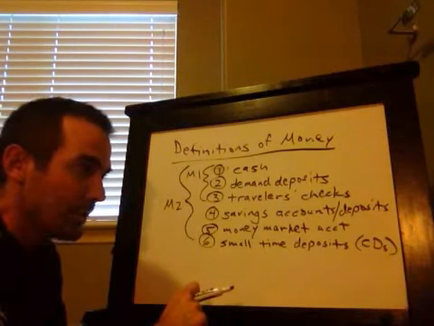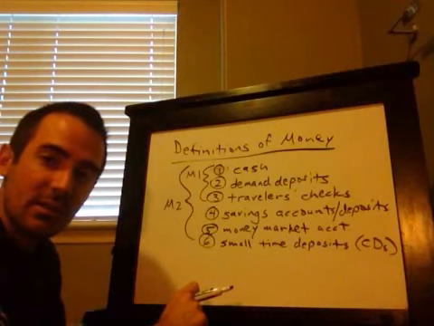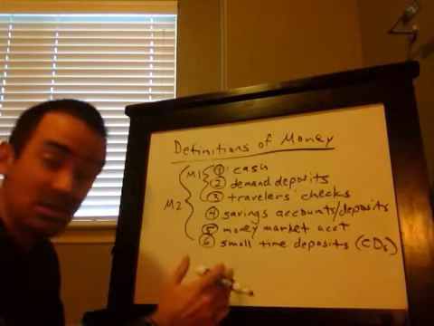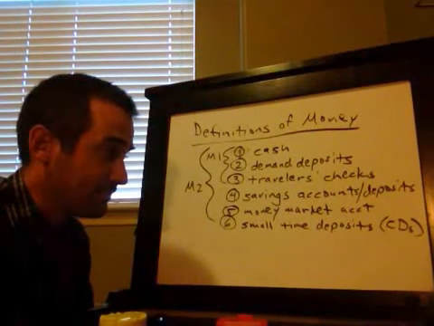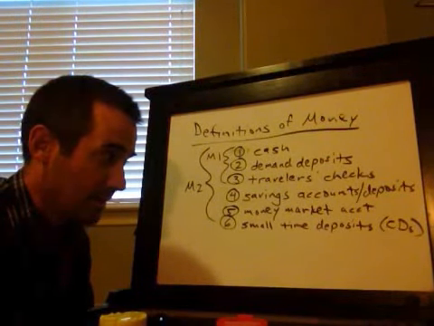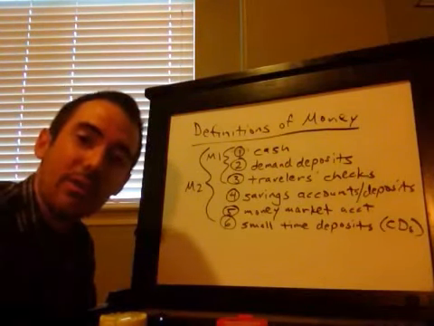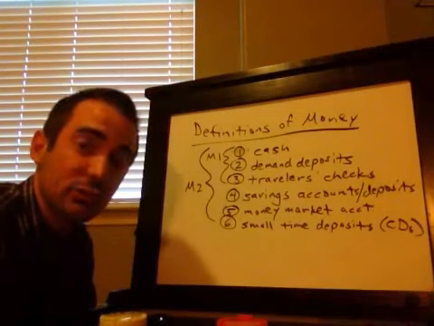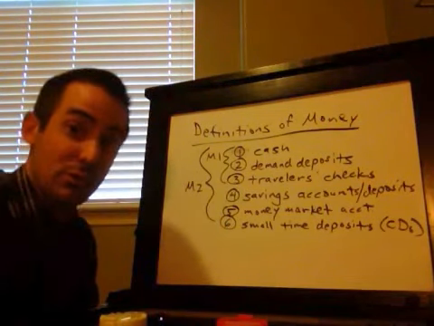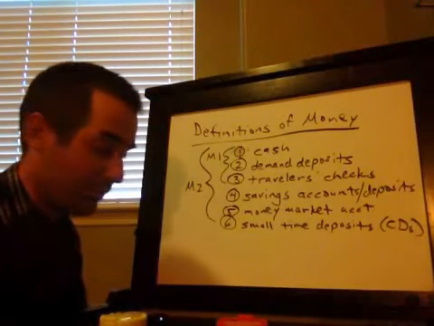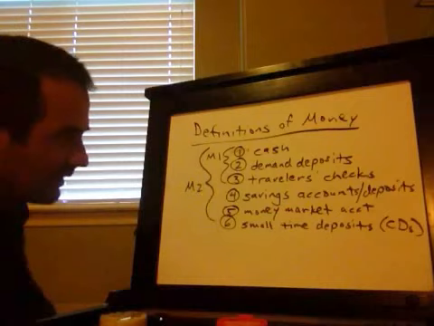And the longer you're willing to tell the bank, I promise I won't touch it, the more interest it's likely to pay. But you can see that you'd sacrifice some liquidity. The bank is going to pay you a lot more interest if you're willing to tell them, I'm not going to come get this money. By the way, if you have a CD and you really desperately need it, you can actually go get it, but you must pay a penalty for getting it before it matures, is the actual term for it. So you can see how that's not nearly as liquid as something like cash or checking accounts.